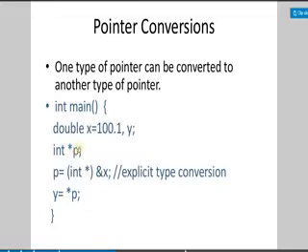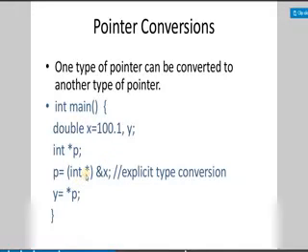That means pointer p can indicate only integer type value. But if you see this instruction, we are writing p equal to &x. So the pointer variable p is indicating the x variable, but as per this declaration it is not satisfying because pointer p can indicate only integer type data, whereas x is double type data.